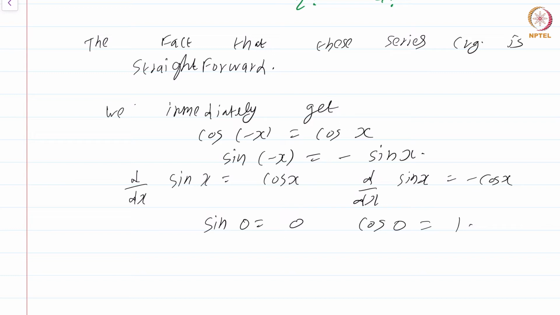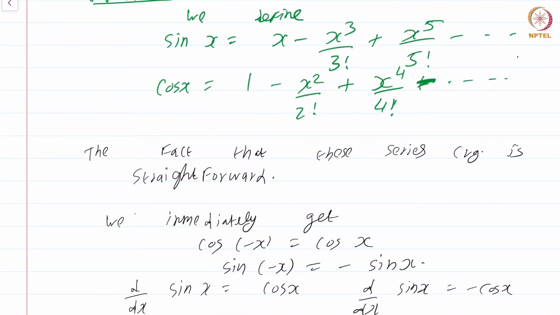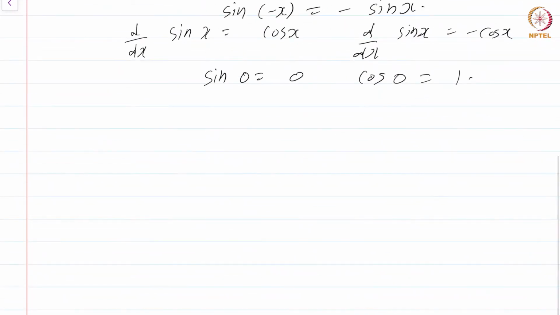So some of the basic properties of sine and cosine can be immediately read out just by looking at the series. Now let's go for some deeper properties. First, the fact that cos squared x plus sine squared x, as we all know, is just 1. Well, how do we get this? Well, we already know that sine and cosine are differentiable and the derivatives of each other are related by the formula. So differentiating this expression cos squared x plus sine squared x, which we call a function g of x,